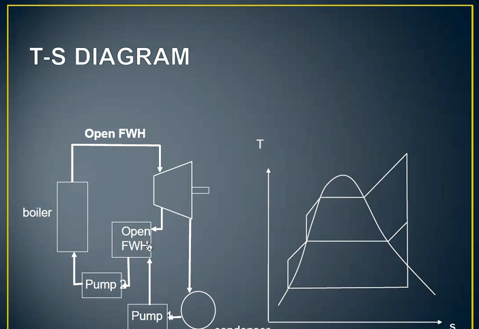So what happens here? The pump supplies to the open FWH or the preheater, where the steam which comes out of the turbine enters, and also the inlet water enters, but they don't actually mix with each other, only the energy is supplied from the exhaust steam to the inlet water. So the water is heated, and this heated water enters the